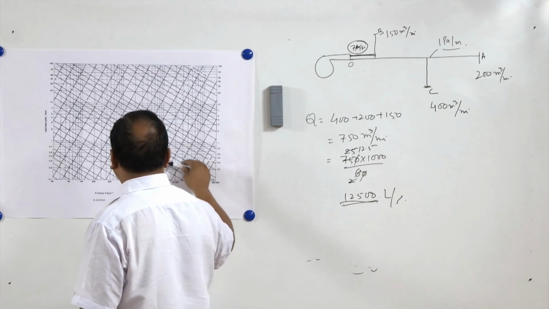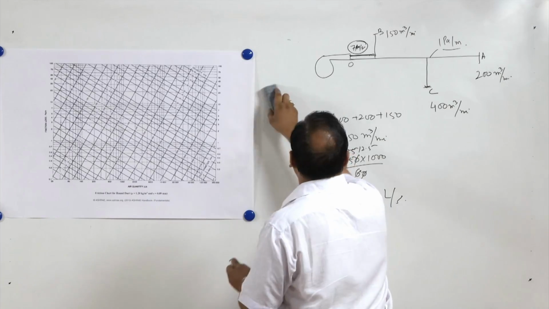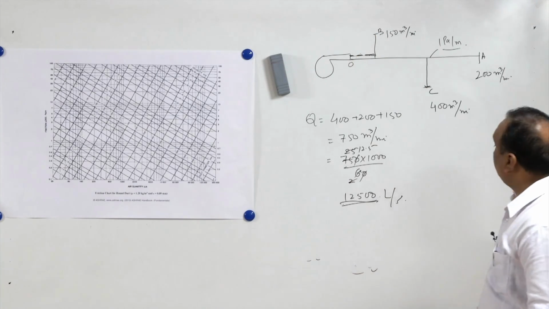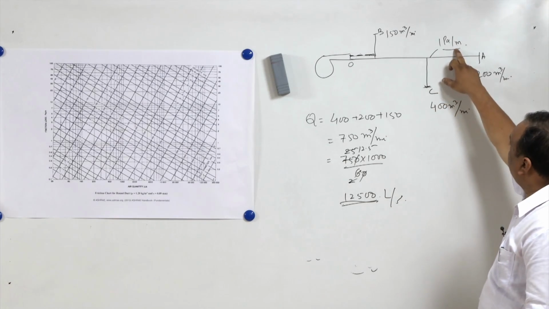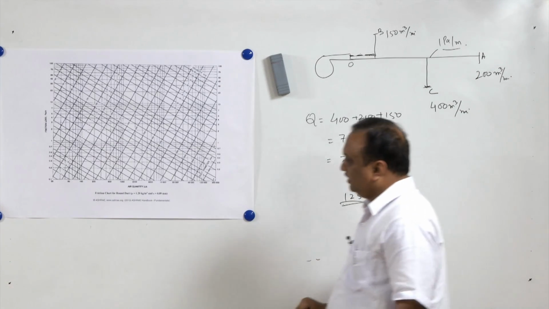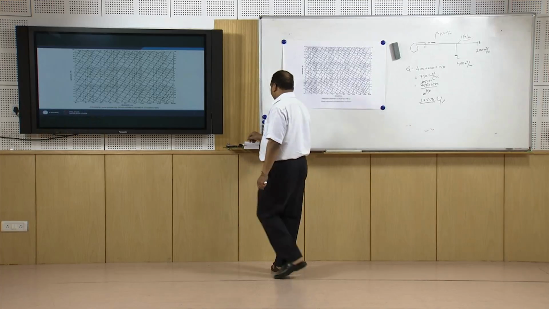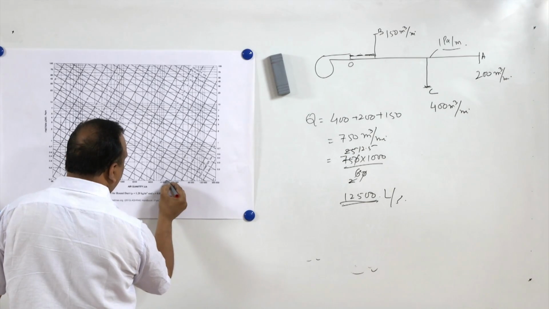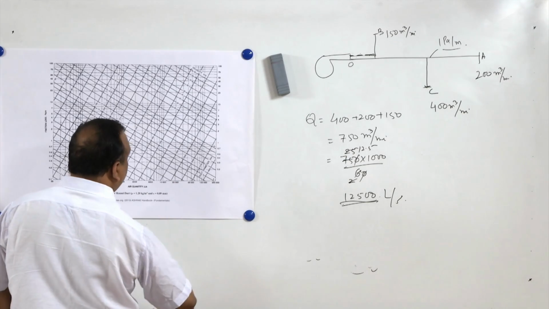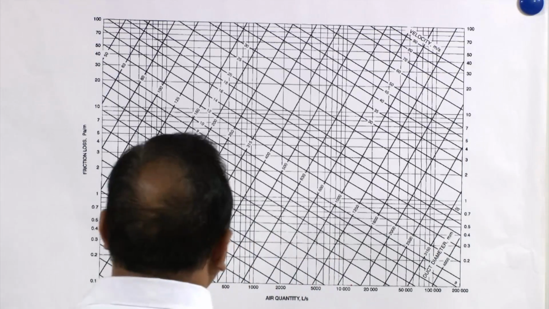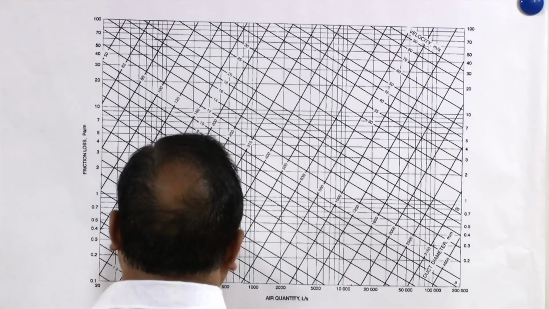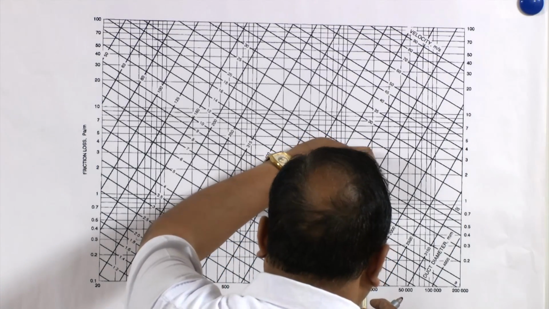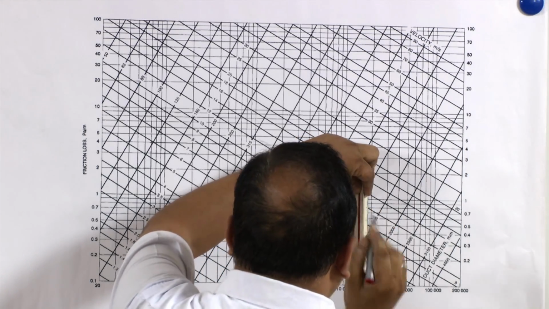Then we have two riders. So we will remove this rider, 7 meter per second. Initially we will remove this rider. We will have only 1 Pascal per meter and this much of discharge. So for 1 Pascal per meter and this much of discharge, this is approximately 12,500, right? And 1 Pascal per meter is this much. So we will be getting this point,